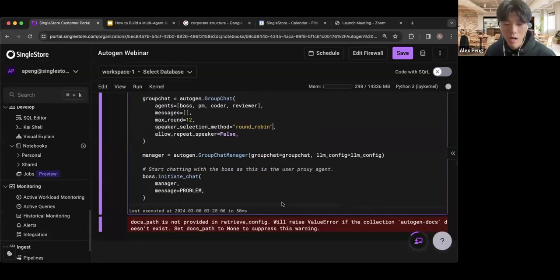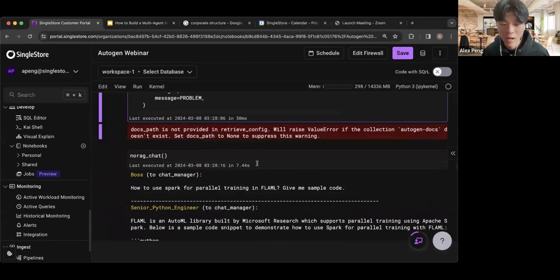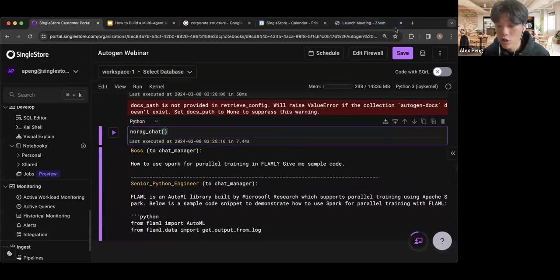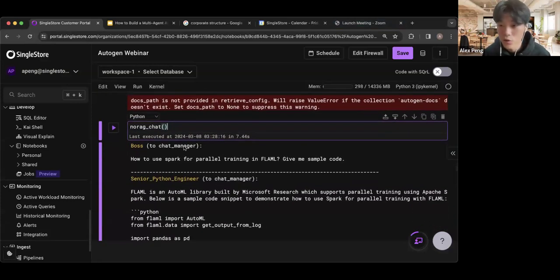And then now hopefully we can see what this group chat actually looks like. So first we're going to look at the no rag chat. And so to start off, the boss asks, how do you use Spark for parallel training in FLAML? Give me sample code. And the details of this we're not going to dive too deep into,